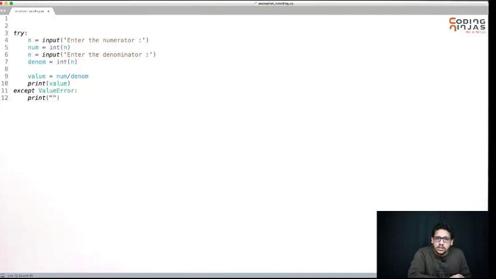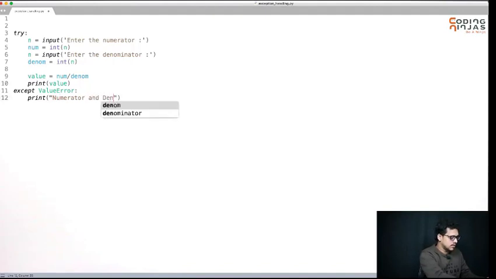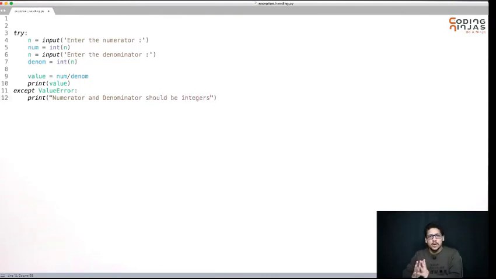I will print what? I will print numerator and denominator should be integers. I will just try this, and if the error comes, I will just print this.